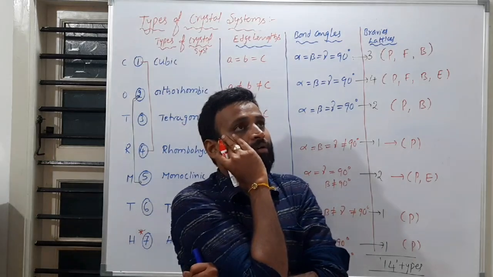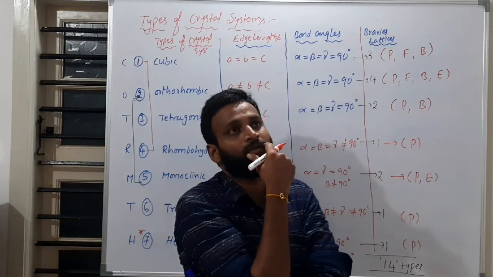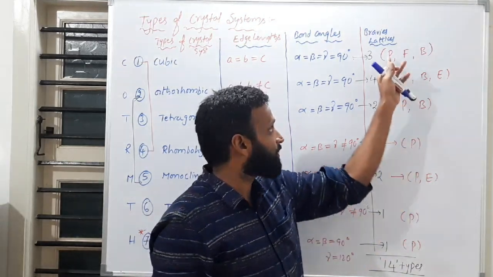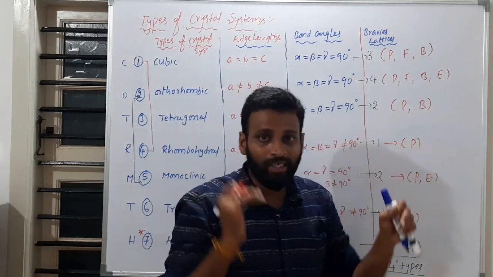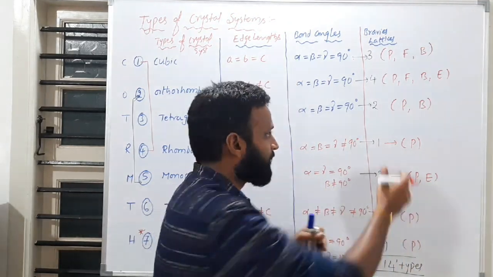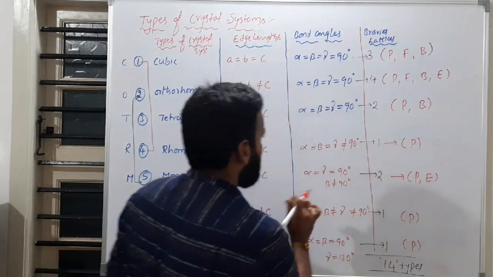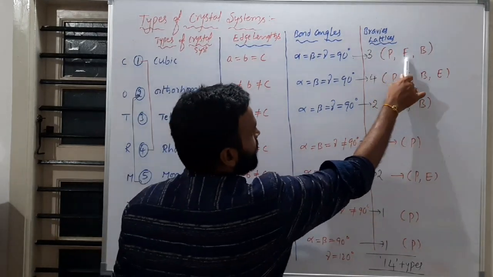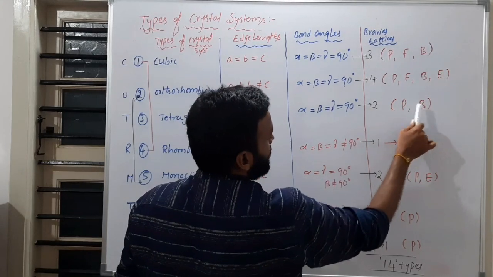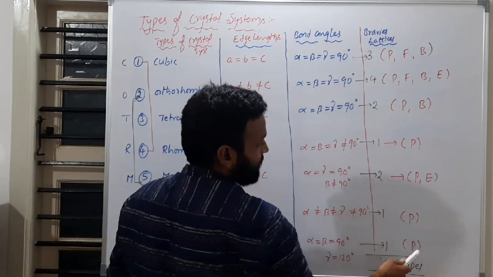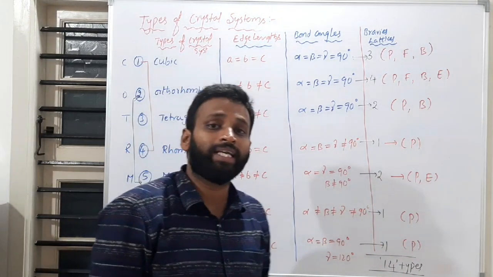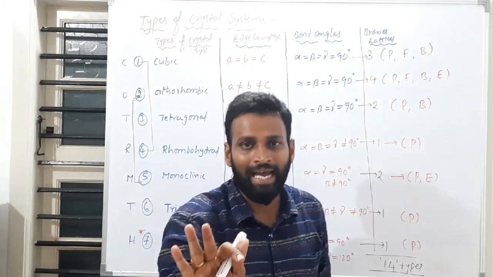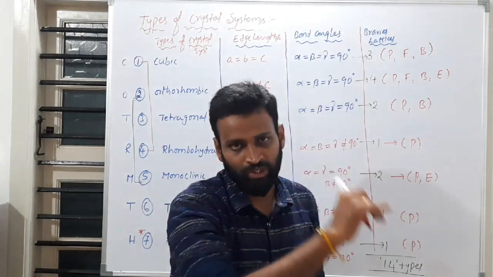But what exactly is required is that you remember: sir, I remember power star Facebook, but what is P, what is F, what is B? I forgot, so it is a waste of time. What does P mean here? Primitive, face center, body center. That is very important. Just for remembering, I told you all these things. So here there are a total of 7 types of crystal system. Total 14 you can count: 1, 2, 3, 4, 5, 6, 7, 8, 9, 10, 11, 12, 13, 14. Total 14 types of Bravais lattice we have, based on their positions.